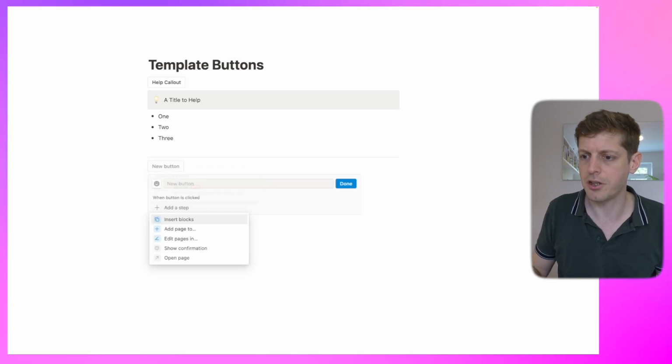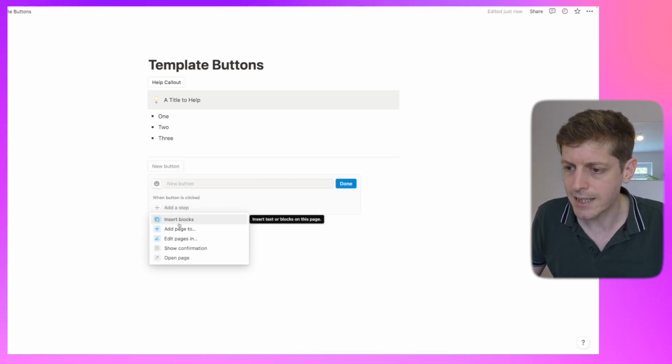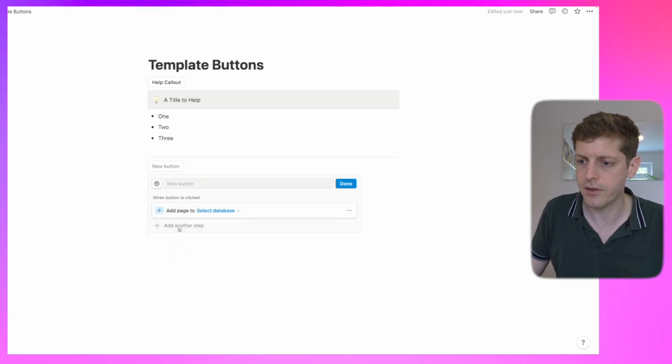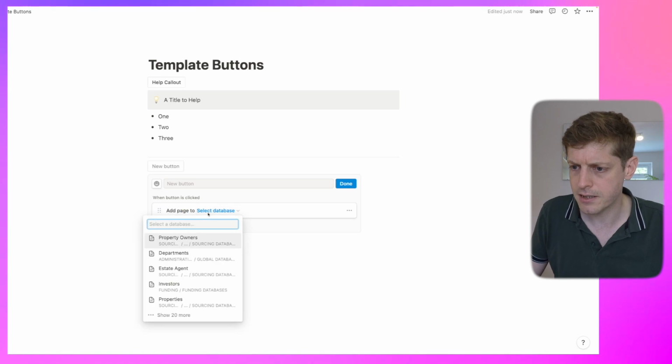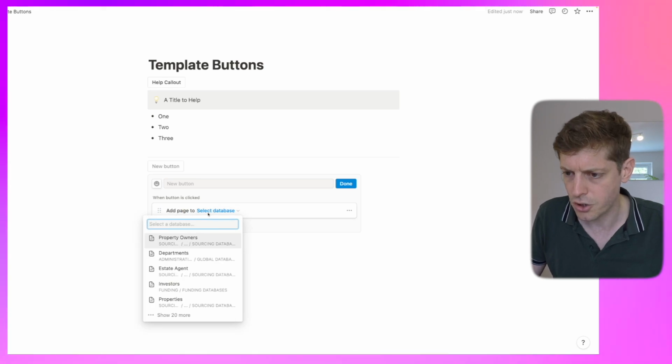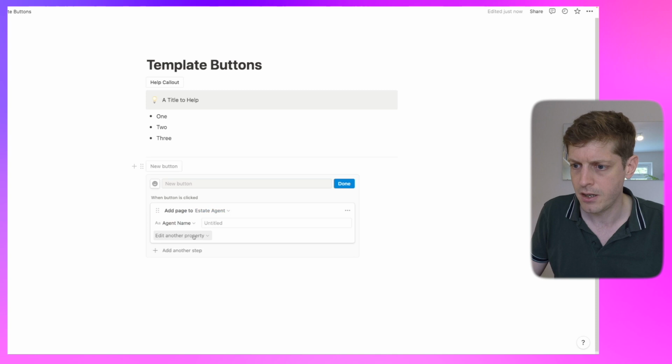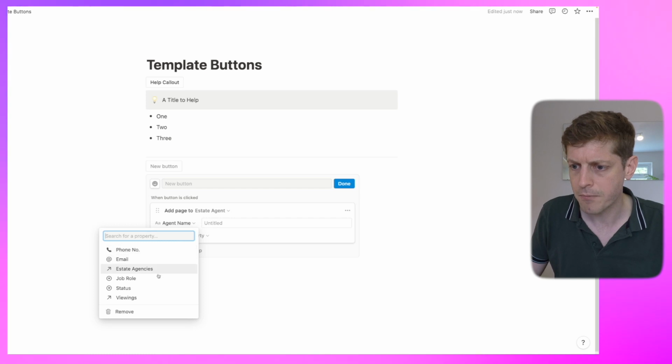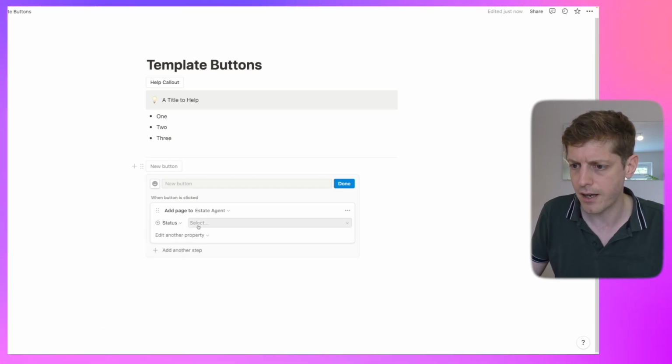So again, / and button. This time we've got add pages to. So if I click on this one, this then adds pages to a database. So let's select our database, and let's say we're going to add it to estate agent. Great. Now we want to add a few more bits of information. So what are we going to call the agent name? Now we may want to add this manually afterwards, so perhaps we don't want to fill that out. But perhaps we want to say that the status could be active,